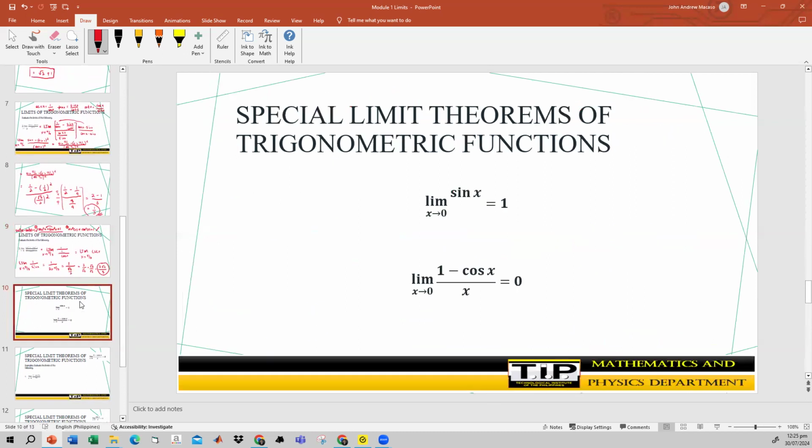Okay? Next, we also have the special limit theorems of trigonometric functions, wherein we have the limit of sine x is just equal to 1 as x approaches 0. And we also have the limit of